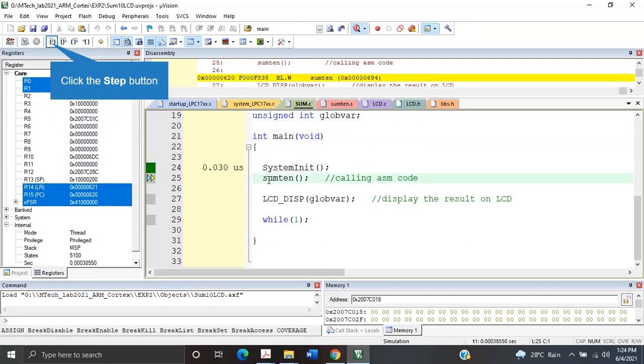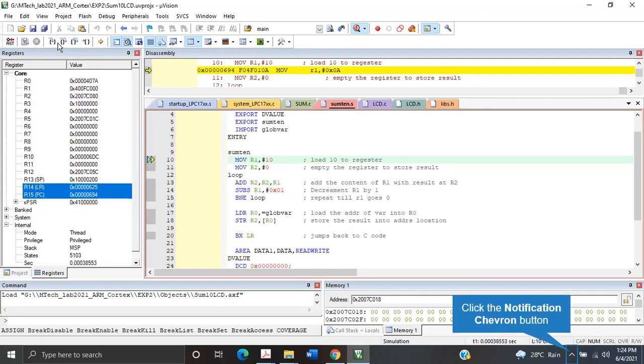Now it has executed system initialization, but I am not going into details. If I want detail, then I have to go step by step. Say sum 10, I'm interested in it, then I click on sum 10. Now you jump into that particular code and go line by line.